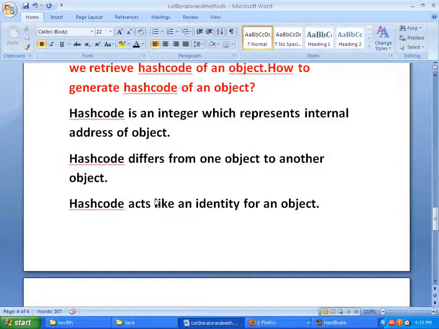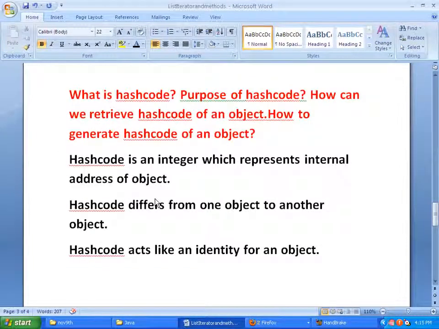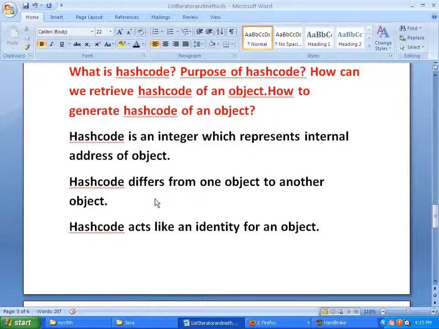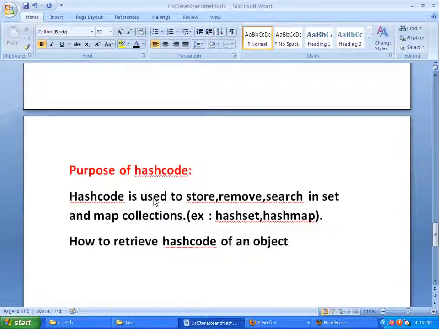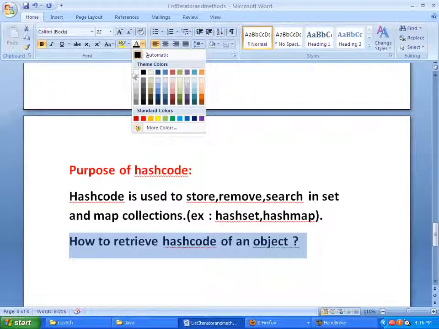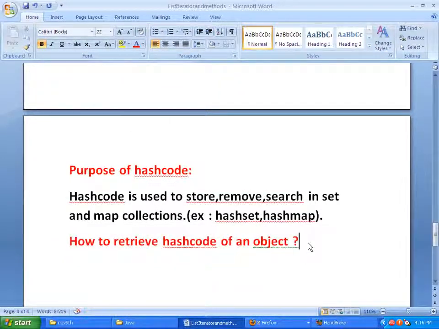This is the purpose of hash code. Next, how can we retrieve hash code of an object? In object class we have a method called hashCode, which is used to get the hash code.